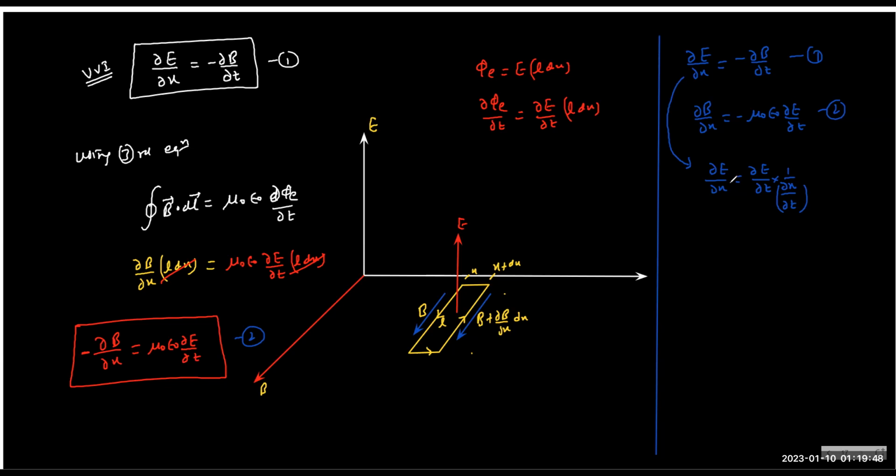So del E by del X we can write as del E by del T into 1 by del X by del T. What is del X by del T? Any guess? Sir, the speed of the wave. Exactly. It is 1 by C. And now the thing is we have to write del B by del X. So somehow I have to use this second equation also. And from here we can write as del B by del T, 1 by C equals to